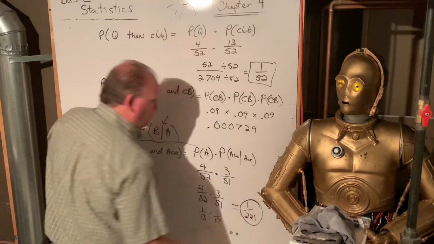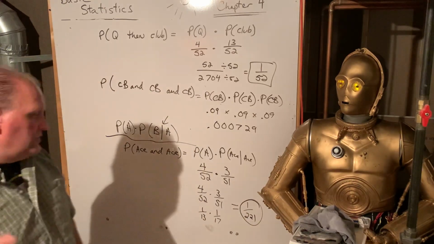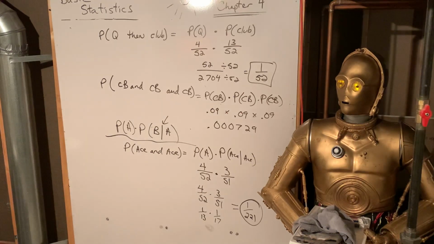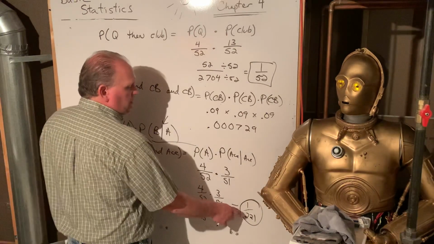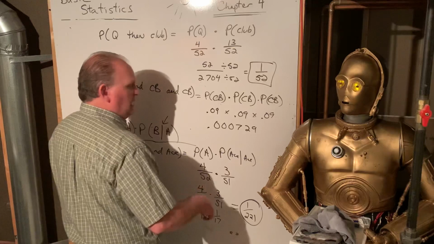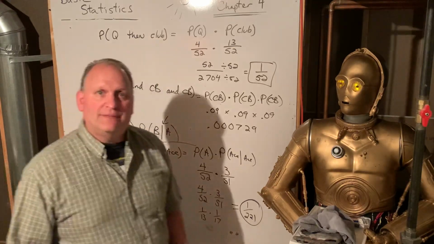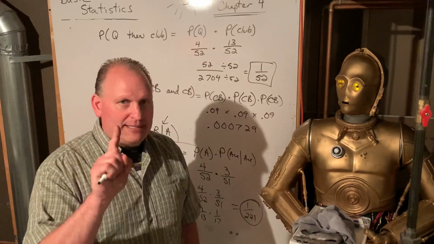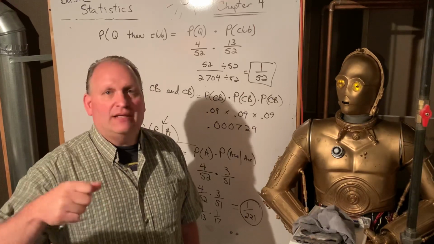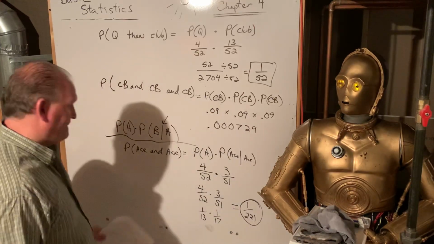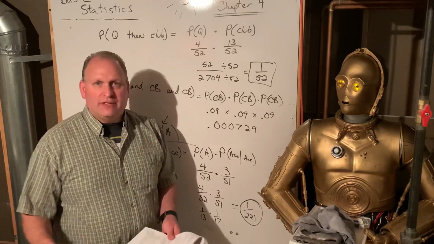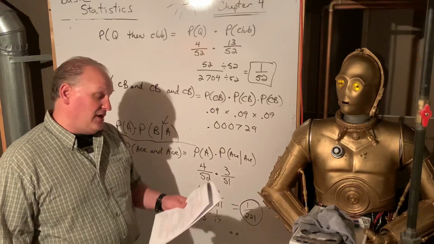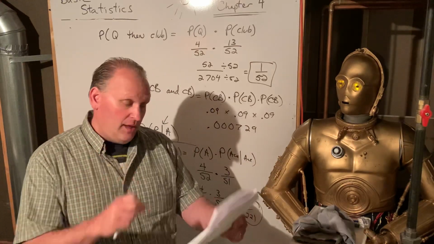So that means the probability is 1 over 221, let's make sure you can see that. You can. The probability of 1 over 221 means if I were to do this 221 times, if I were to draw 2 cards, 221 times, it's likely only one time would I get an ace, and then I would get another ace. All right? Now, that doesn't mean it can't happen the third time you do it. It's just if you keep doing it over and over again, it's not going to occur very often. 1 out of 221.